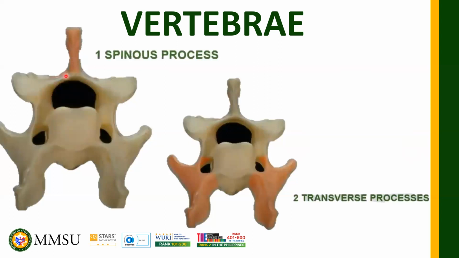So they usually project dorsally, so towards the back from the arc of the vertebra, and it serves as important attachment sites for muscles and ligaments. So sa mga horses natin, particularly yung tall spinous processes of the first few na thoracic vertebrae, they usually contribute to the formation of a dorsal prominence which is known as the withers. So ano ba yung mga withers? Etong mga withers naman, they are a prominent ridge located doon sa base ng neck region ng horse between the